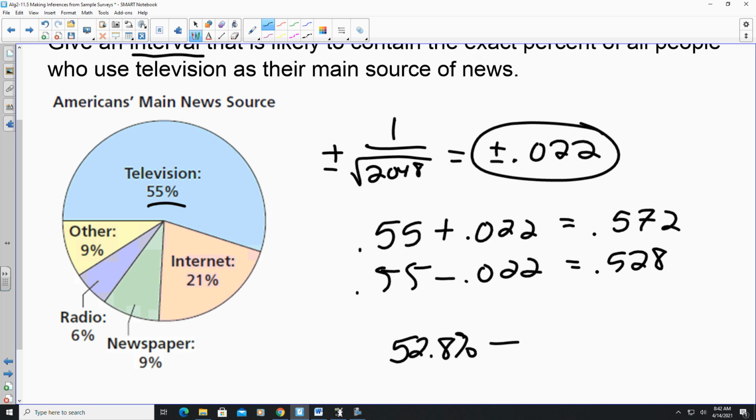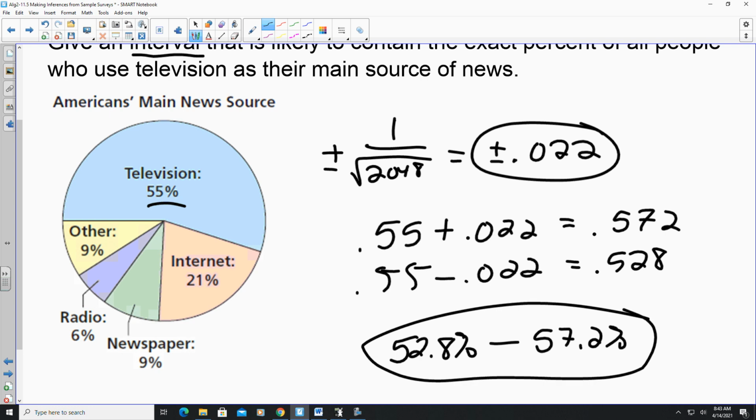So to attach percentages to this, my interval is going to fall between 52.8% and 57.2%. So due to the margin of error of this survey and the size of the population, even though it says 55% in the chart, it could fall between 52.8% and 57.2% depending on the margin of error. And that is making inferences